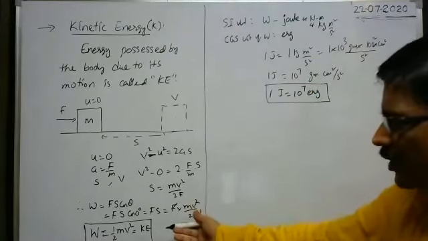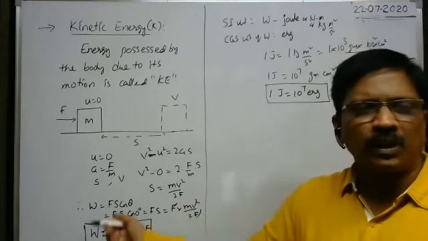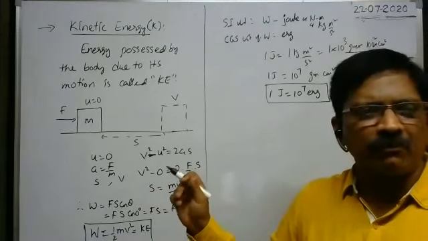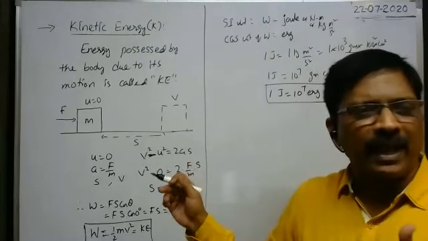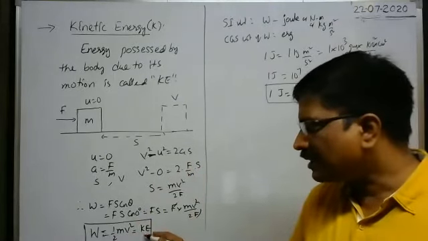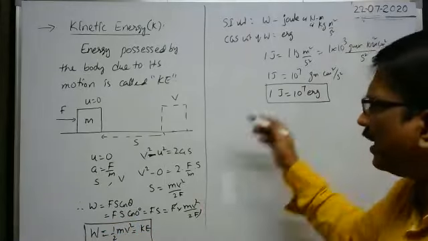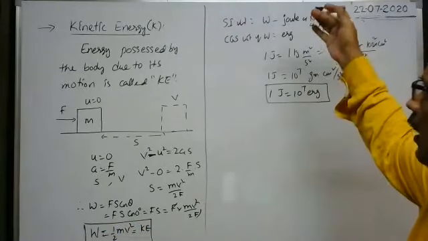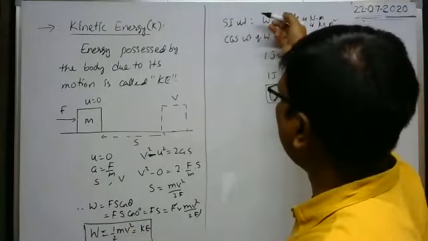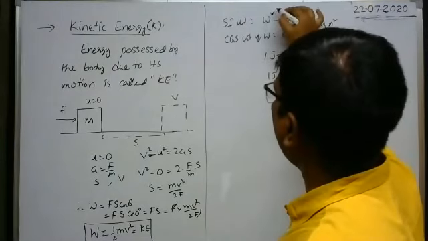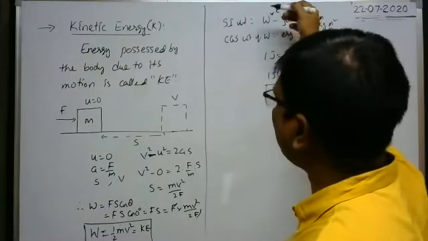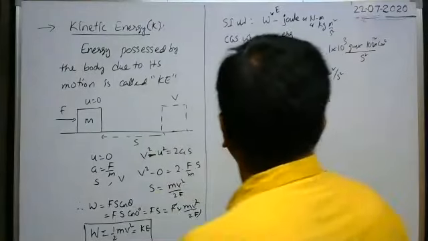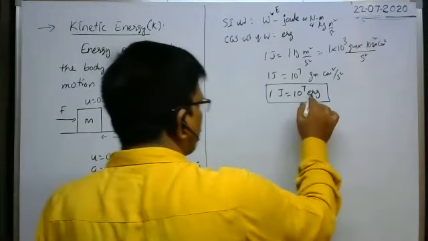The kinetic energy is also nothing but work done only, no? The total work done on the body in acquiring some velocity is stored in the body as the kinetic energy. That's why kinetic energy is also nothing but work done, and has the same unit. SI unit of work or energy, both are same. Work or any kind of energy, that is kinetic energy or any type of energy. Okay, 1 joule is equal to 10 to the power of 7 erg.